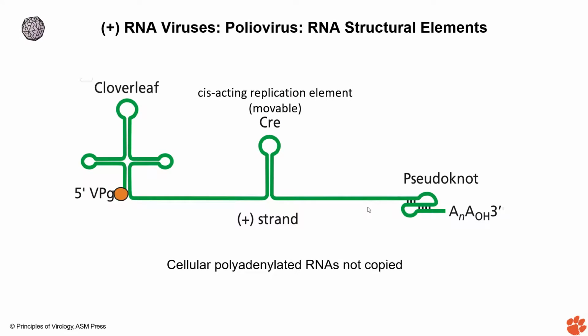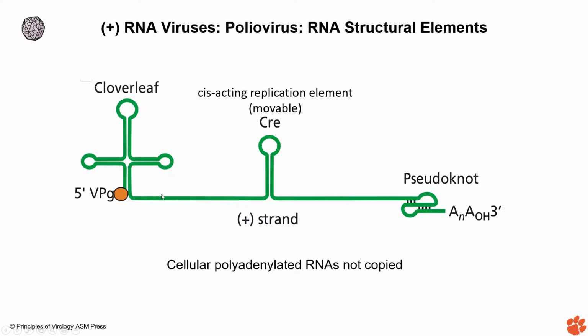So after that, we are looking at this structure of the RNA, and you can easily see that the VPG is still attached and it is taken off, and there are lots of these cloverleaf structures, and this forms these IRES. Also, there are some elements which are called the cis-acting replication element, or CRE.